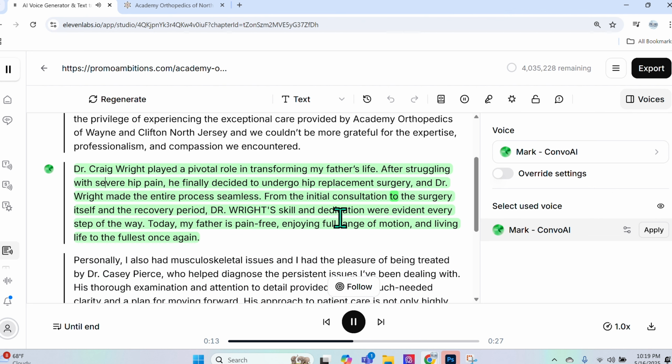From the initial consultation to the surgery itself and the recovery period, Dr. Wright's skill and dedication were